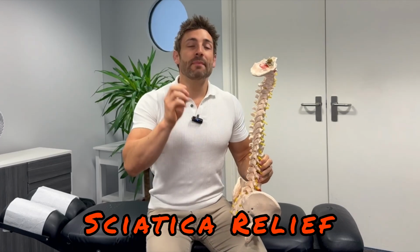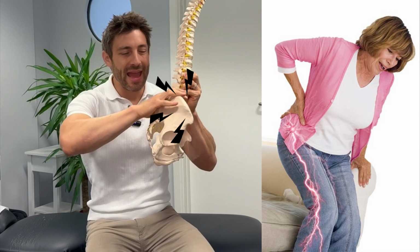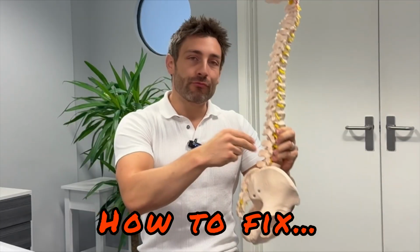So a few years ago, I had a patient come into the clinic and she had awful sciatica. It was in the back, right in this area here, around the lowest section there, hip, down the leg. It was agony, it was debilitating, and it was affecting her life in a major way. Now, I'm going to show you how we got rid of this problem, because she'd been to surgeons, she'd been